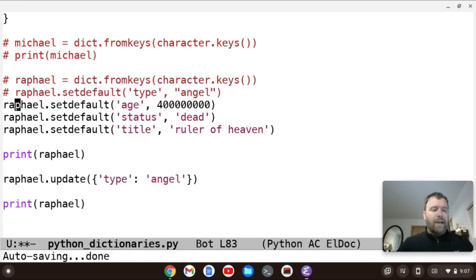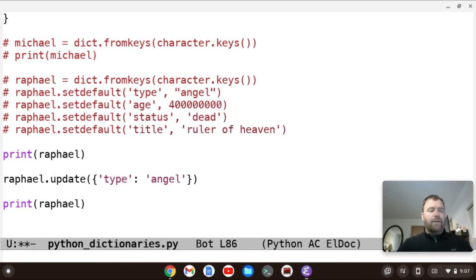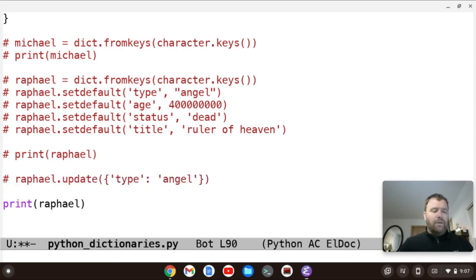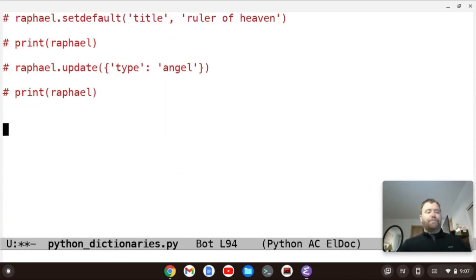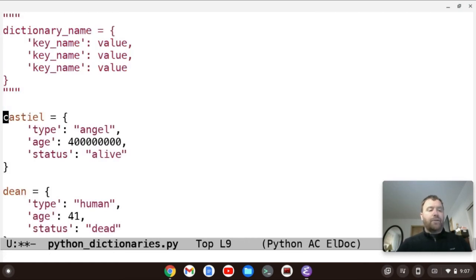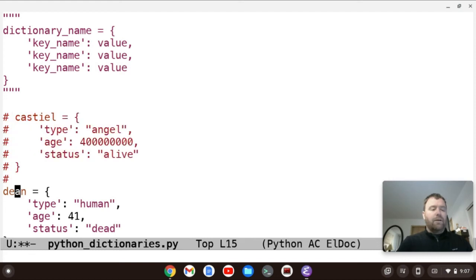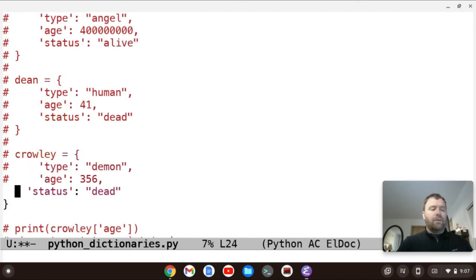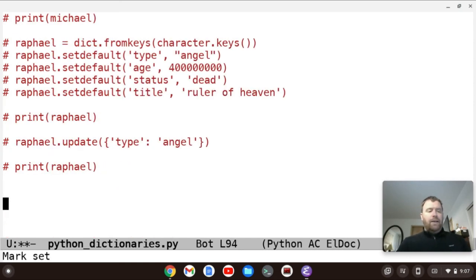Okay, I've created a lot of dictionaries up there, so let's go back to the top and comment all this stuff out. Now I have no dictionaries, but I could nest dictionaries in an overall dictionary.